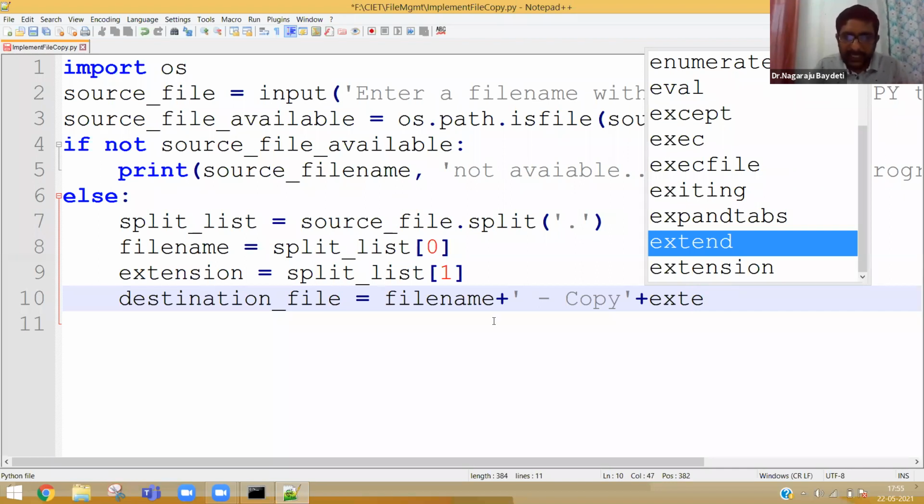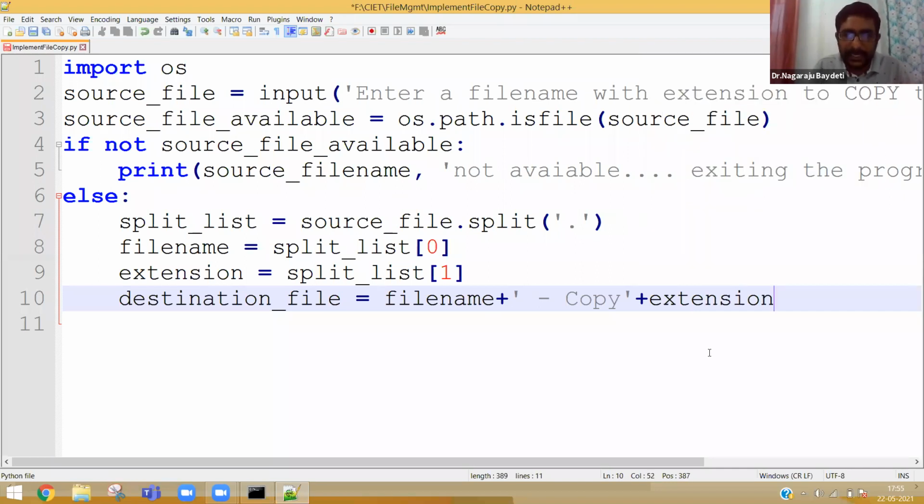See, what is plus here? Plus is string concatenation. So your destination file will be the same file name followed by space, hyphen, space, copy. Then you need to have dot also, no? Copy dot. Dot also should be there. So I put the dot here. Everybody see here. And then adding the extension. What is extension? For example, if it is py, py. If it is txt, txt.